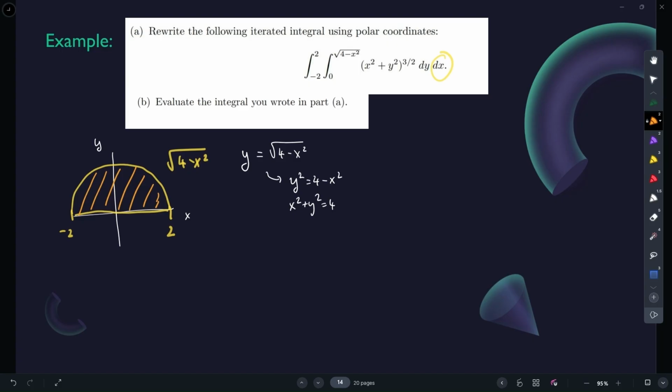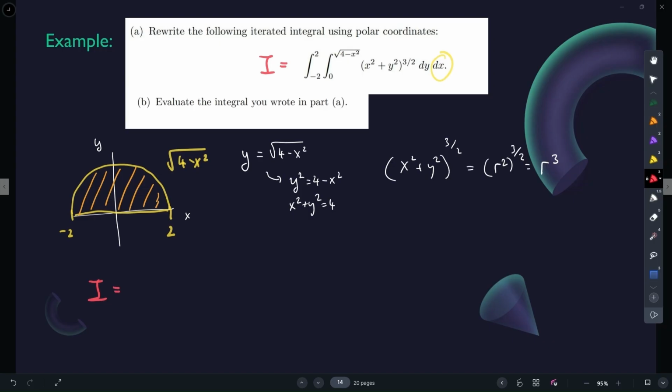So, and then the function x squared plus y squared to the 3 halves is, in terms of r and theta, going to be r squared to the 3 halves, which is just r cubed. So all in all, what we get is that the integral, if this was I,